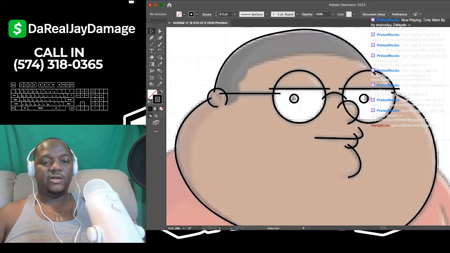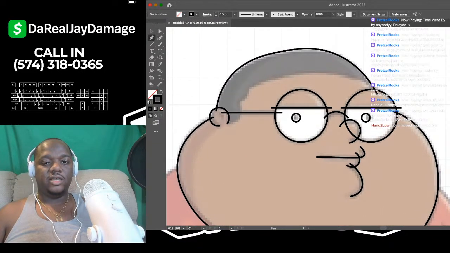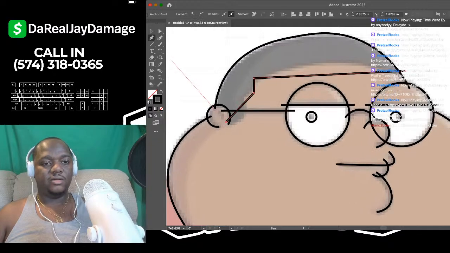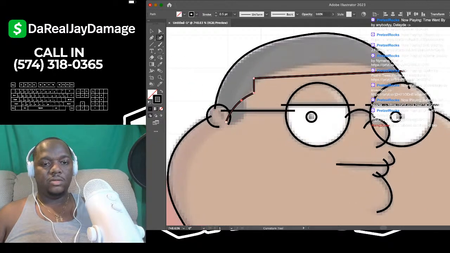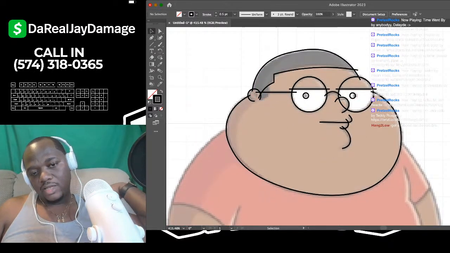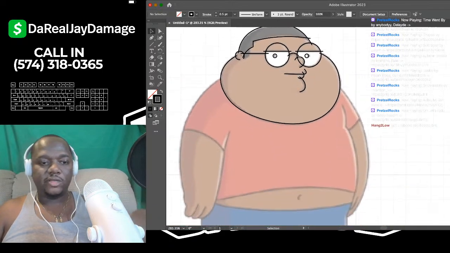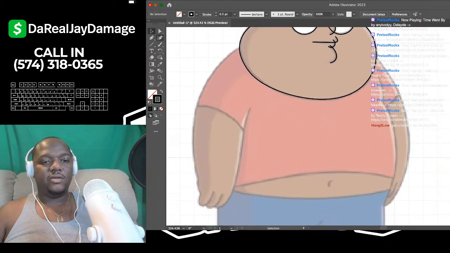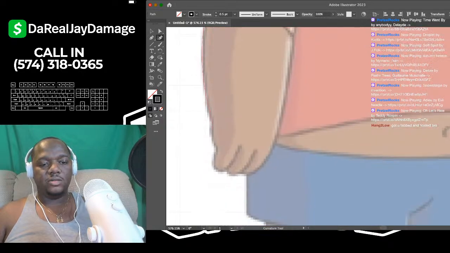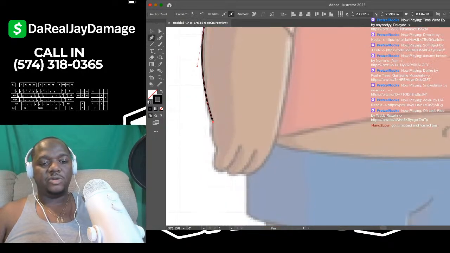Now for his hair, he has a terrible hairline. Let's try to fix that up, because I don't like that. Okay, now that's a lot better in my opinion. I don't want that previous hairline. It doesn't look black to me. So let's go around his body. Matter of fact, I'm not even going to do both of them. I'm just going to do the son. Well, I guess it just depends on how I'm feeling by the time I get to that part.